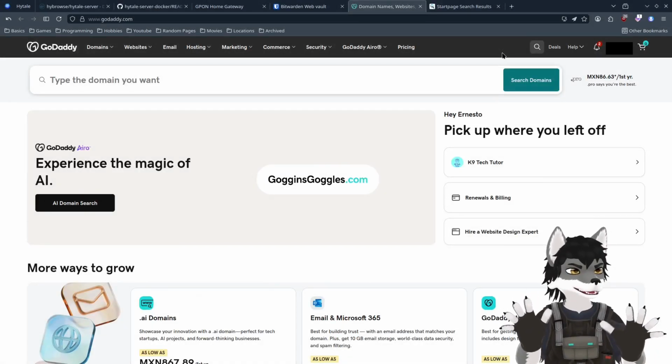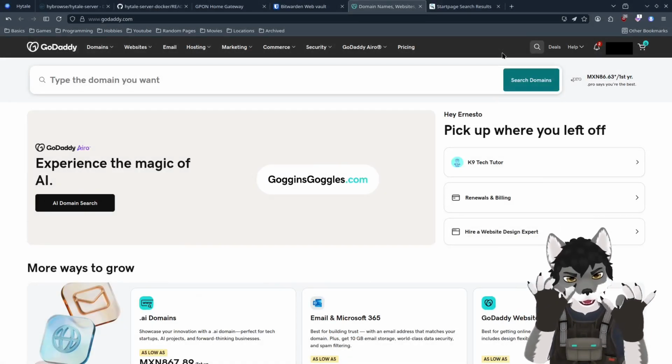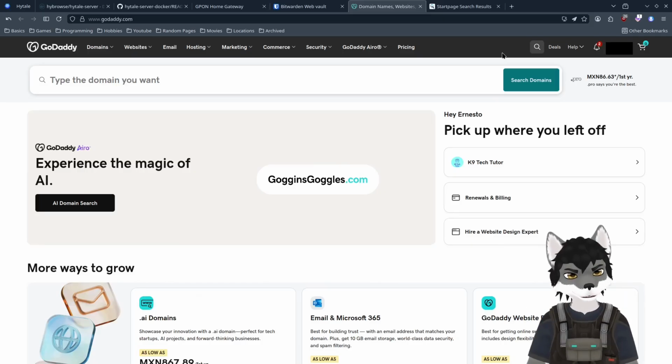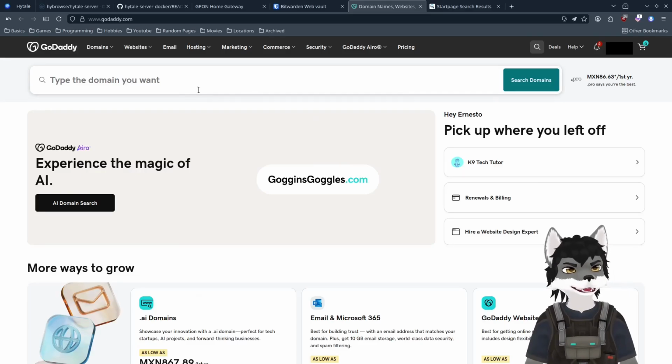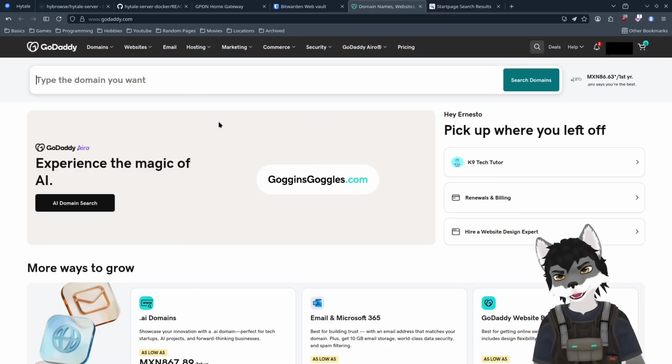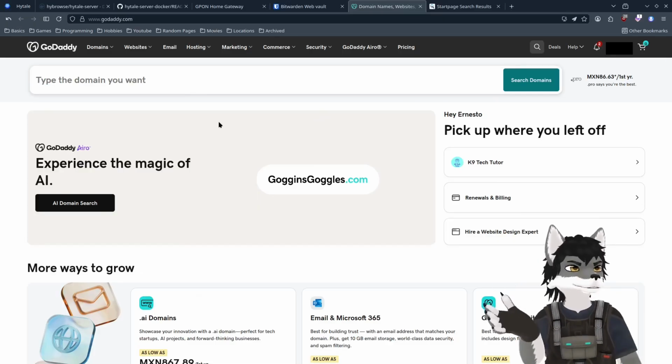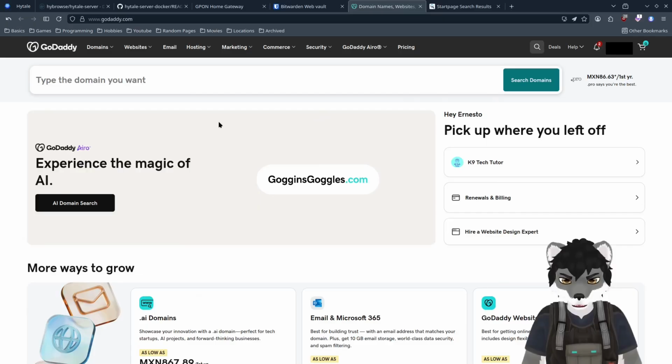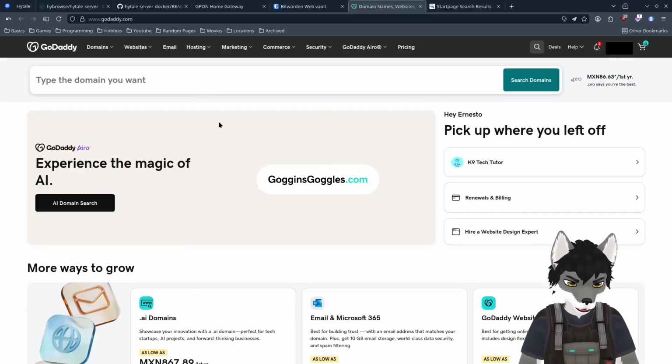Now let's finish the process with some professional touches. We are gonna use a domain name. Now, for domains, I use GoDaddy.com. And it's pretty straightforward. You come here to this search bar and you choose what you would like your domain to be. Like, for example,